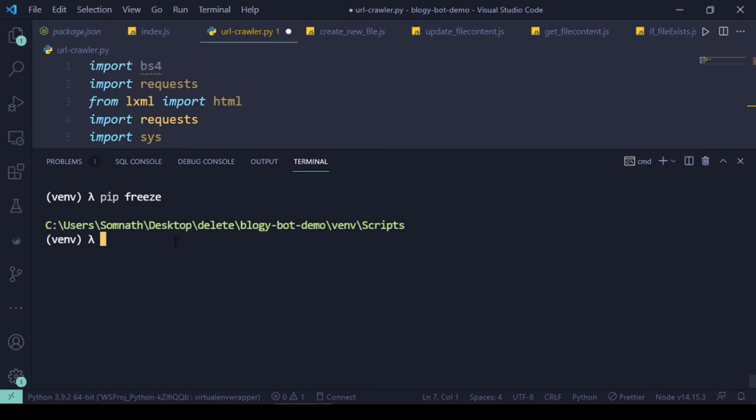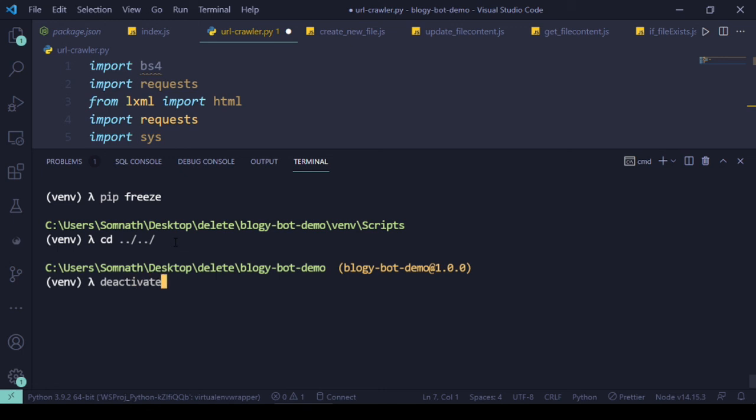So let's get out of that. Okay, and now to deactivate, if you just run something called deactivate, what will happen? This will come out of the virtual environment. Okay, so let's say I'm not doing it. So now we are on the root directory. Let's install pip